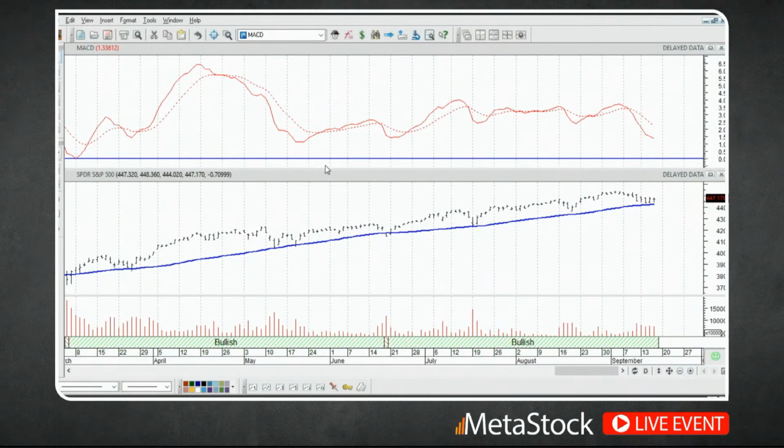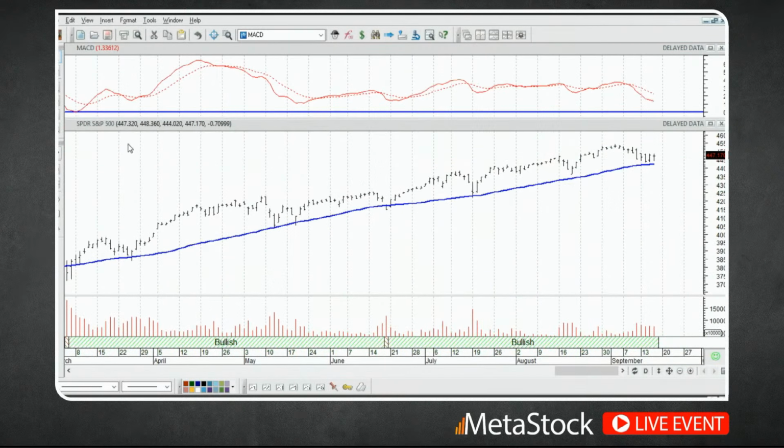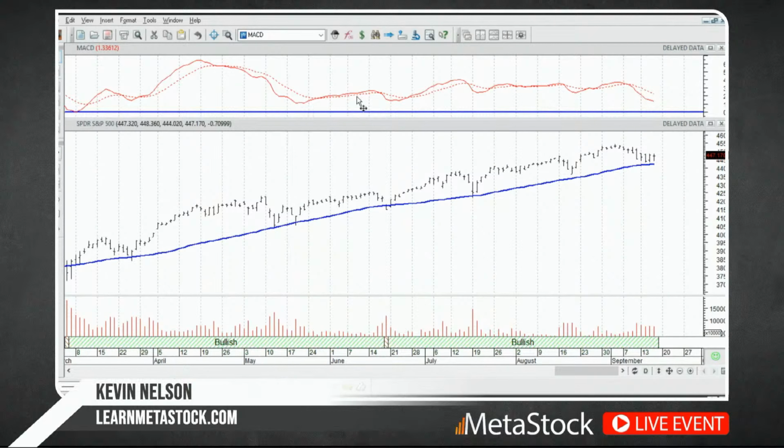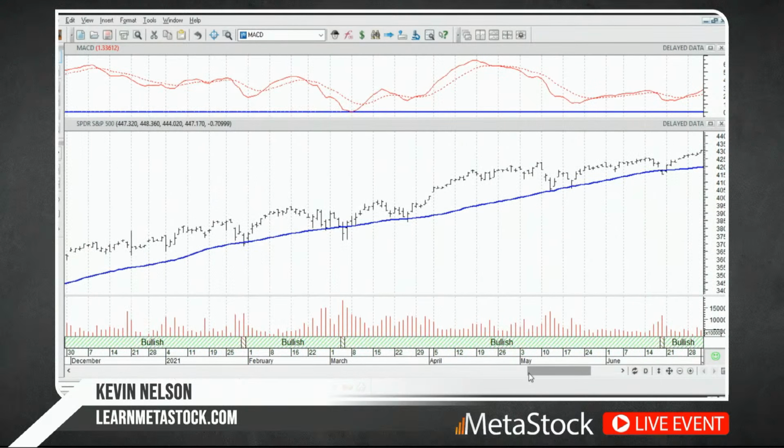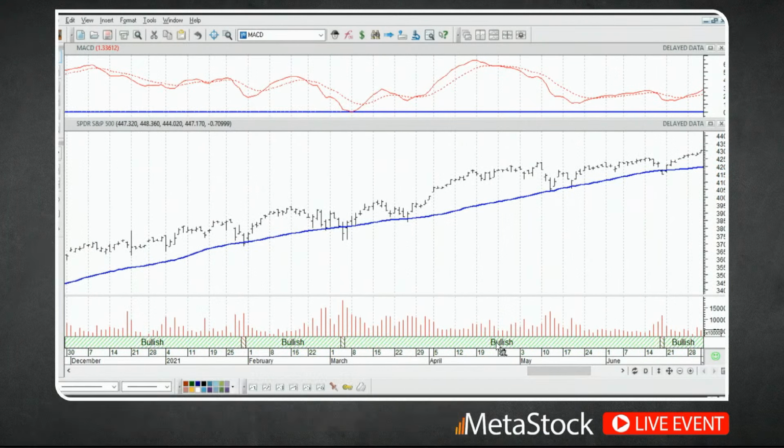But as you can see here, the MACD does a really nice job of identifying what the trends are. So using this in combination with other indicators actually can be a pretty good way to put these together. So what I'm going to do for this situation is identify that when the solid line, or the MACD itself, is above the dotted line, or its trigger line, we're going to call that bullish. And vice versa, when it crosses down and is below its trigger line, we're going to call that bearish. And the way that we're going to identify those areas is we're going to color code these price bars to be either green or red.